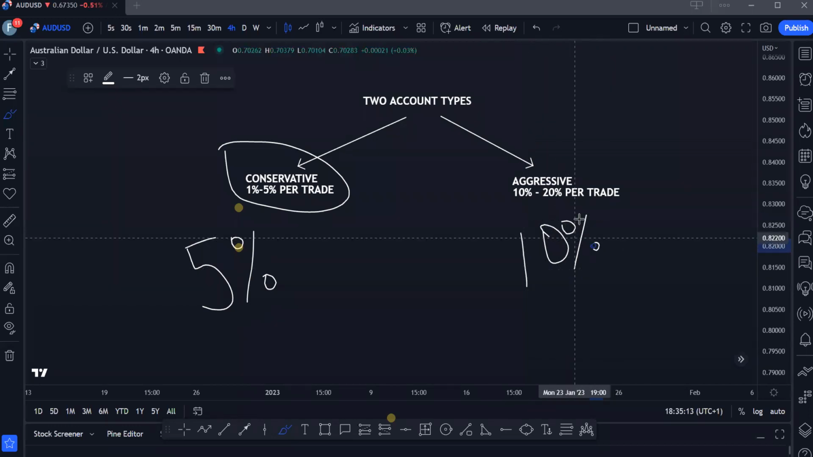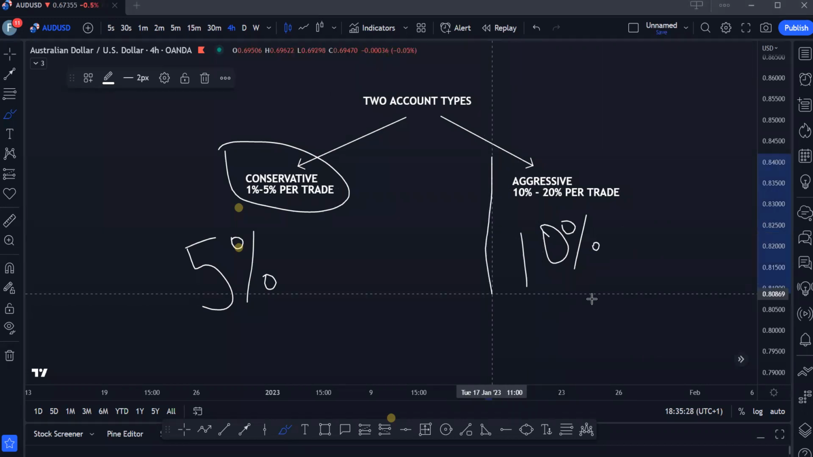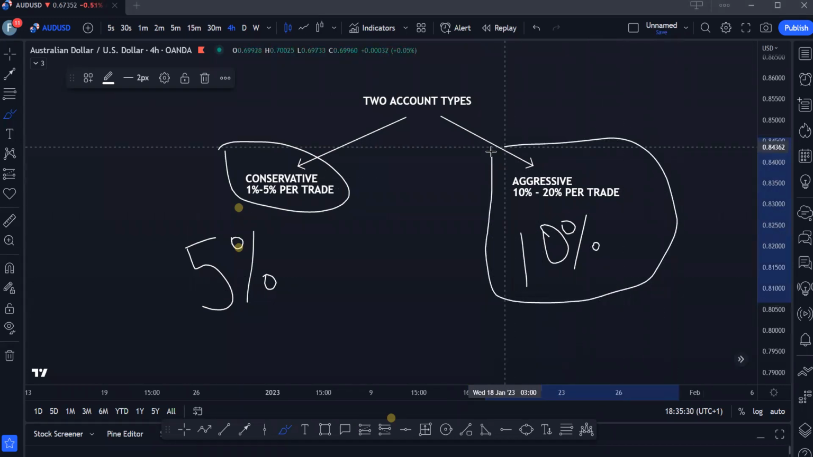Now, risking 10% per trade, that means you need to lose 10 trades consecutively. If you are risking 20% per trade, that means you need to lose 5 trades consecutively. Aggressive is called aggressive because in an aggressive account, the chance of you having a losing streak is very, very high. And you'd also need a stronger mindset to trade an aggressive account